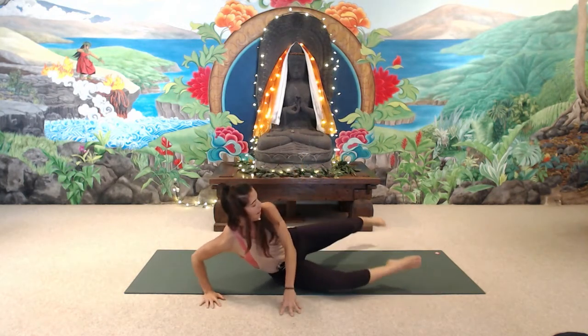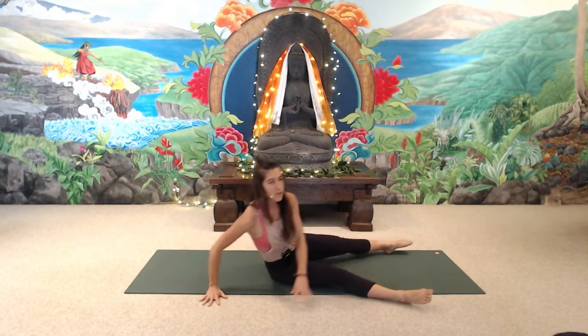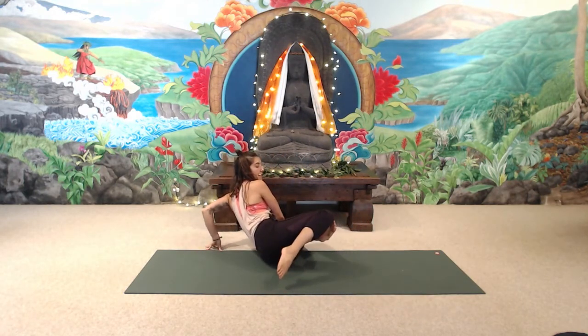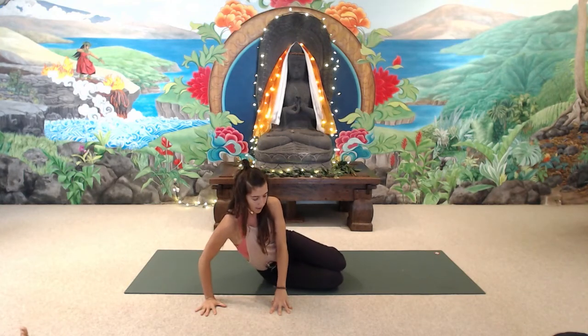Just allow the front foot to gently tap the back knee. Doesn't have to be dramatic. You don't want to feel too much pull in the hip sockets. And the next time you roll over to the left towards the screen, let the legs stack and release them down. Cross the left hand in front